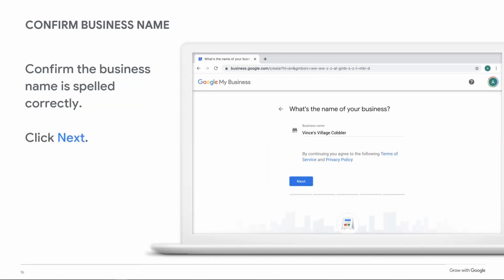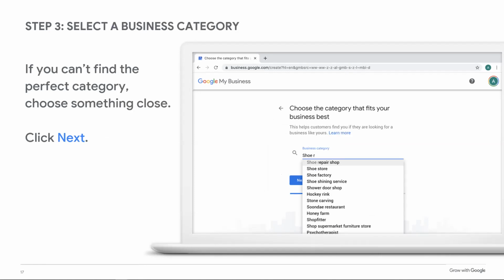Okay. Then from there, if your business is available and it's not already claimed, you're going to confirm that the business name is spelled correctly. And then obviously you're going to hit next. Okay. From there, if you can't